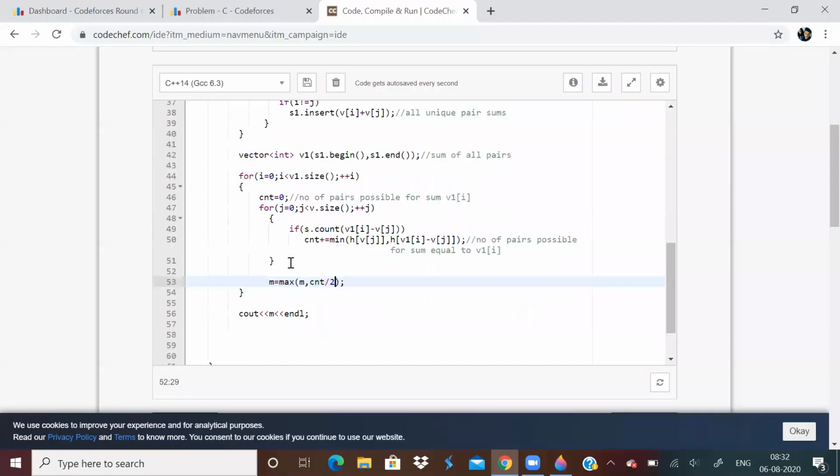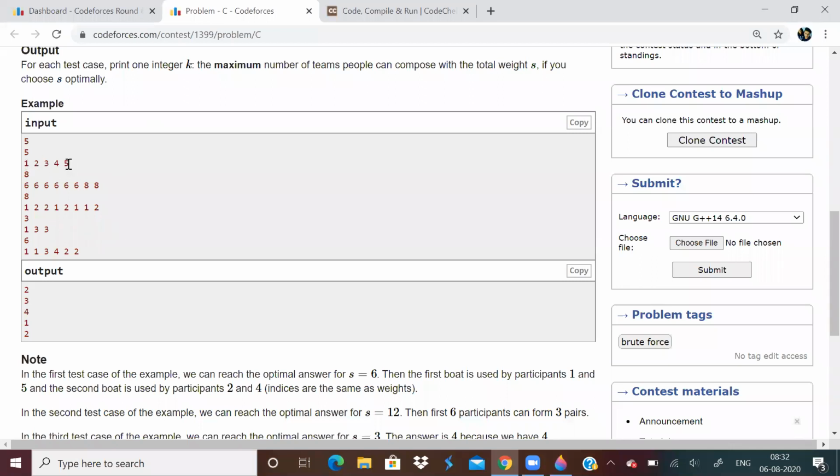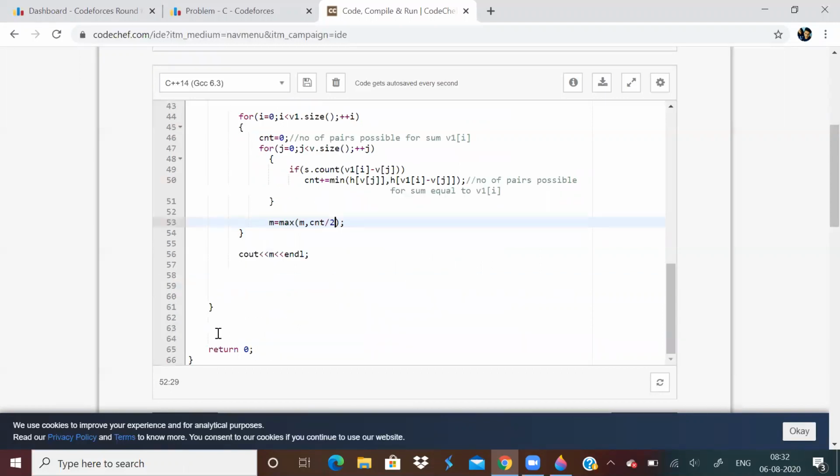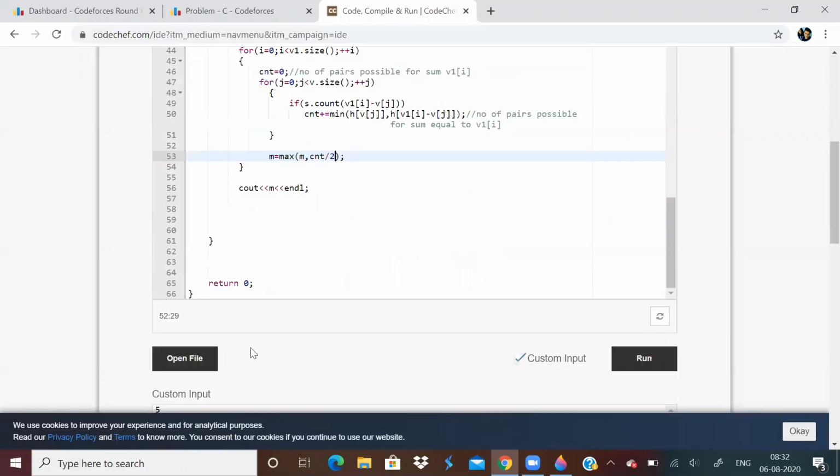Okay, see, what mistake I was making was this count. This will count all the pairs, but it will count 2 times. For example, if we count the pair 1 and 5 to give the sum 6, when I'm traversing through this vector, when I reach 1, I will get pair 1 and 5. When I reach 5, again I'll get pair 1 and 5. So it is giving duplicate pairs. So you just have to divide count by 2 and take the maximum. Then you will get the answer as I got it here.